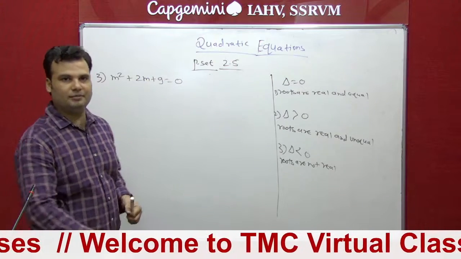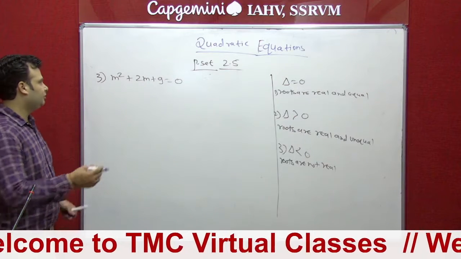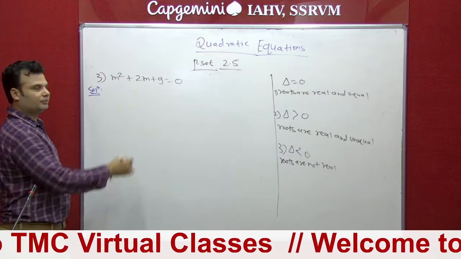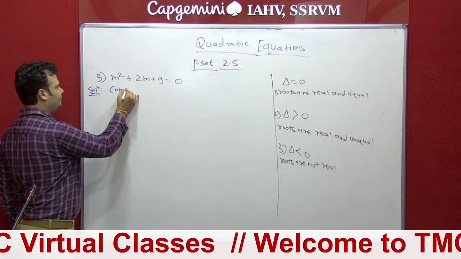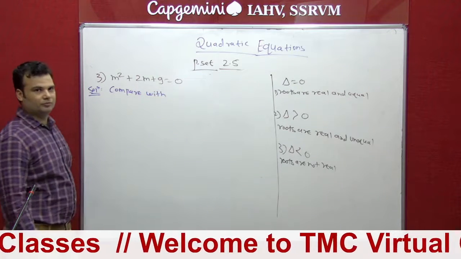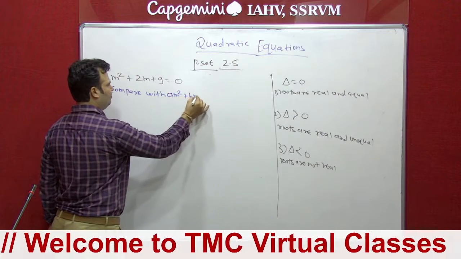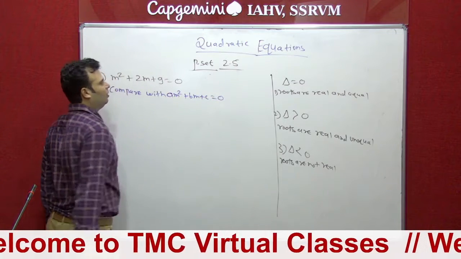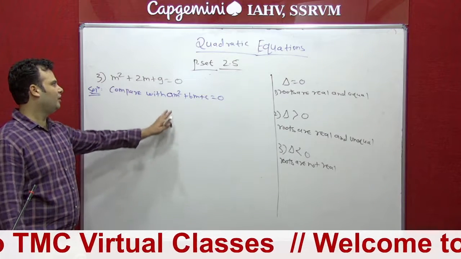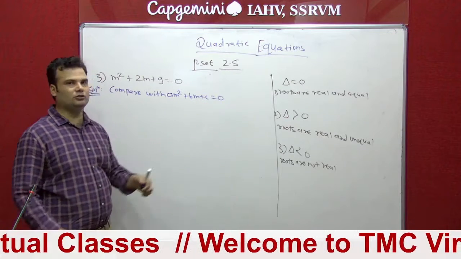Again, we have to follow the same method. We have to first find a, b, c, so we compare it. It is given in m form, so we can write am square plus bm plus c equal to 0. Also you can write ax square plus bx plus c equal to 0, no problem. But it is given in m, so you can write am square plus bm plus c equal to 0.